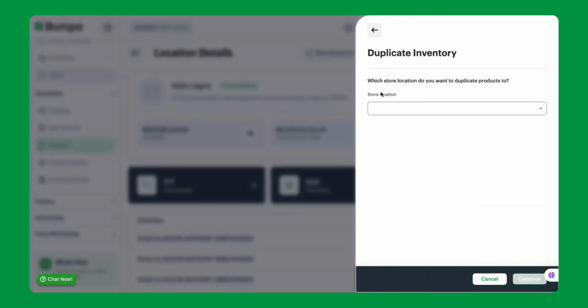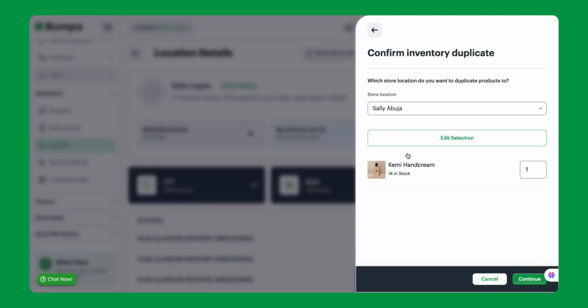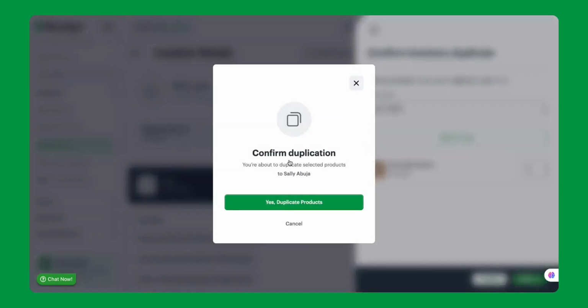Next is to select the location. We select Sali, Abuja, which is where we want to duplicate to. If you have more than two stores, you would see a drop down list of all your stores and you can pick the one you want to duplicate to. So you click on continue, and here is where you input the number of items you want to have in the other store. So let's say we want to duplicate 10. Once you click on continue, you confirm duplication,